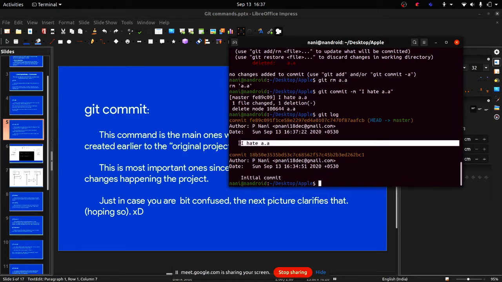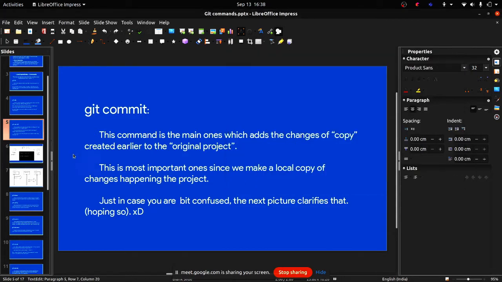So basically, the main reason we use GitHub is that when I make a mistake, I should be able to go back to the previous version without messing up the whole code. That is the reason we use GitHub or any other such tools. This is the way that we check each and everything. So this is the first commit and this is the second commit. Did you understand, guys?